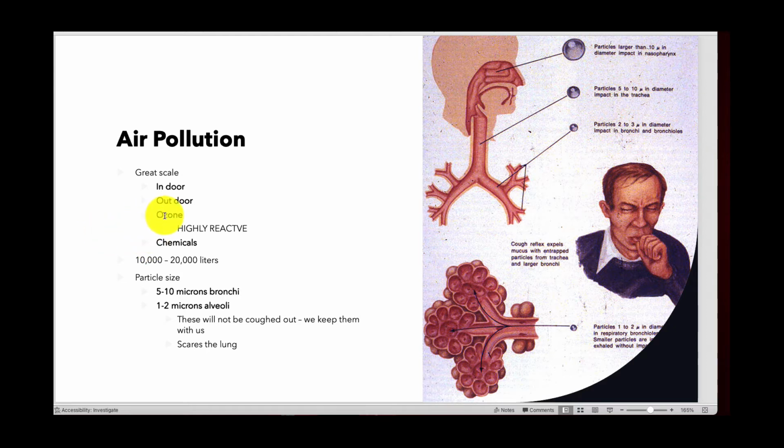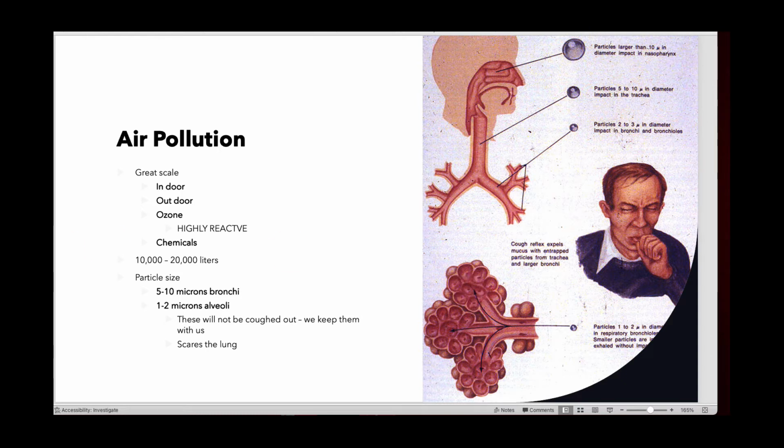And these things are all making that wonderful orange cloud that just looms above the city. And these things, especially ozone, is highly, highly reactive to the lung. And all the things that I mentioned, their particle sizes are different sizes, but most of those gases that I had basically just mentioned to you are capable of getting into the bronchi and the alveoli and basically destroying the tissue here. So they scar the lung. And when you have constant exposure to those pollutants and they're getting into the lung, especially ozone, that's the nasty one, they're going to cause damage. They're going to cause things like COPD. They're going to cause asthma. So lots of issues there.